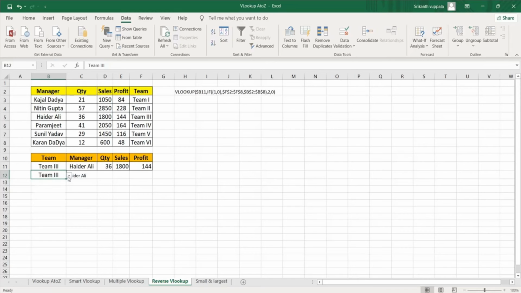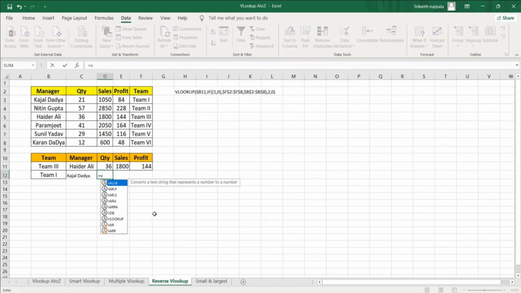Let me change the value here, team 1. See, who is team 1? Kajal Dayada. Now I want to get quantity, sales and profit. What I will do, I'll do VLOOKUP here. I'll look up this value. I have to get the quantity, comma 2, comma 0.